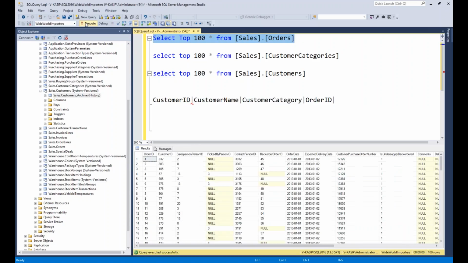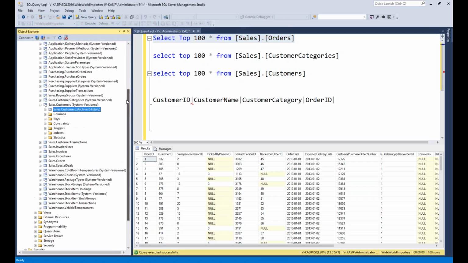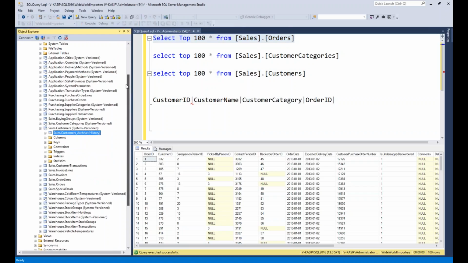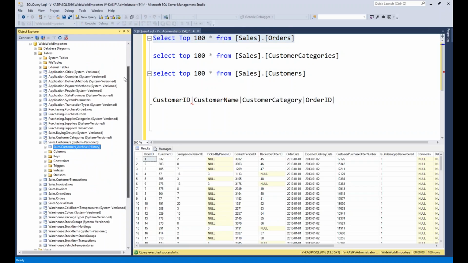May I interrupt for a minute, please? Yes, please. What's the significance of system version in the brackets? It's kind of, in 2016 it seems, they created some Azure version tables and non-Azure version tables. System versions, they created some Azure table kind of things.